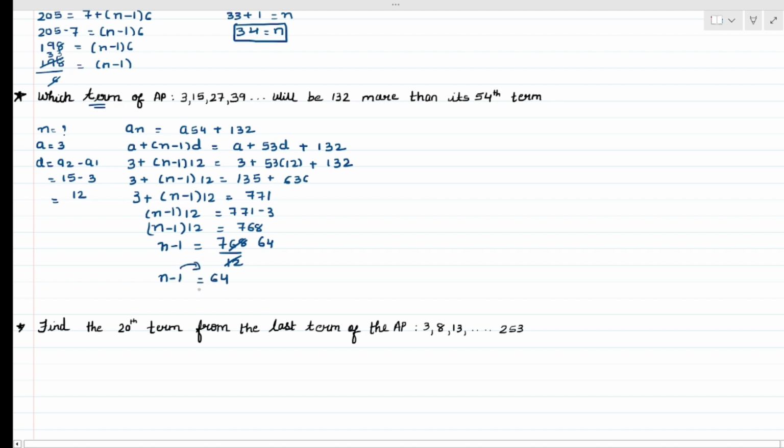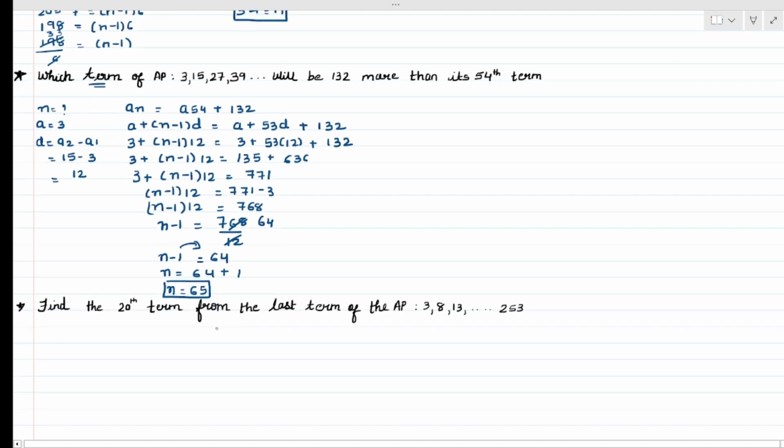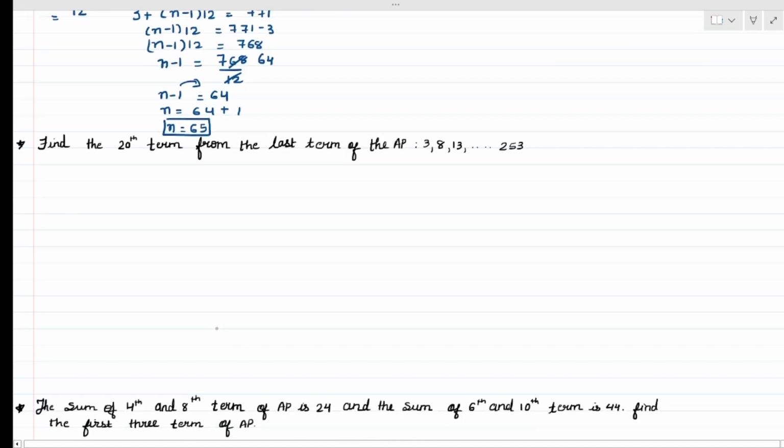Now, this minus 1 goes over there. What will it become? 64 plus 1. So, it becomes n equals 65. So, your final answer for n is 65. Clear? Okay. Now, moving on to our next sum, which says, read this question carefully, as this is slightly different